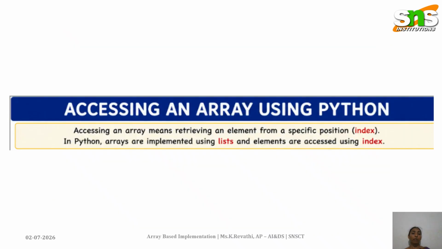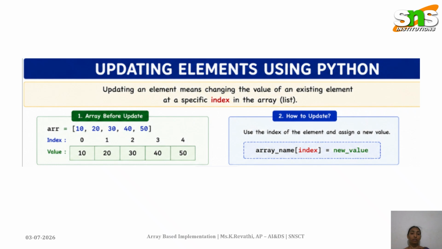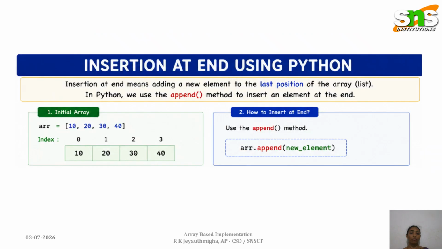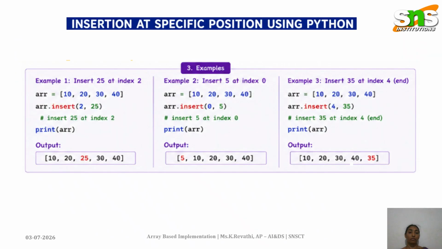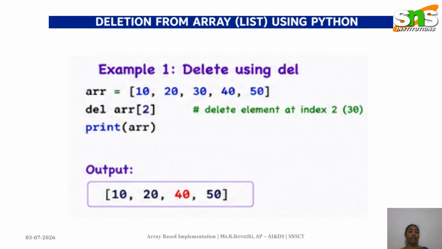Next we will see the time complexity for array operations. This is the insertion code. We can insert the element at the beginning, in the middle and also at the end. These are all the Python code for the insertion operation. Then this is the deletion operation in Python. We can use the built-in method remove for deleting an element from the array. Then next will be